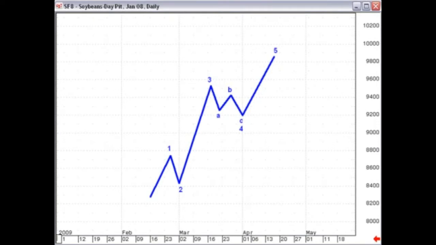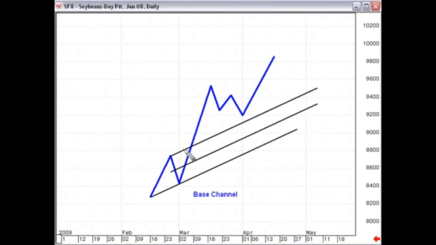Now the first channel we're going to be drawing on this background is what I call the base channel. Simply put, all you do is draw a line from the origin of wave 1 to the extreme of wave 2, and then take a parallel of this line against the high here, or the extreme of wave 1. Whenever I draw my channels, I like to have a midline defining the midpoint